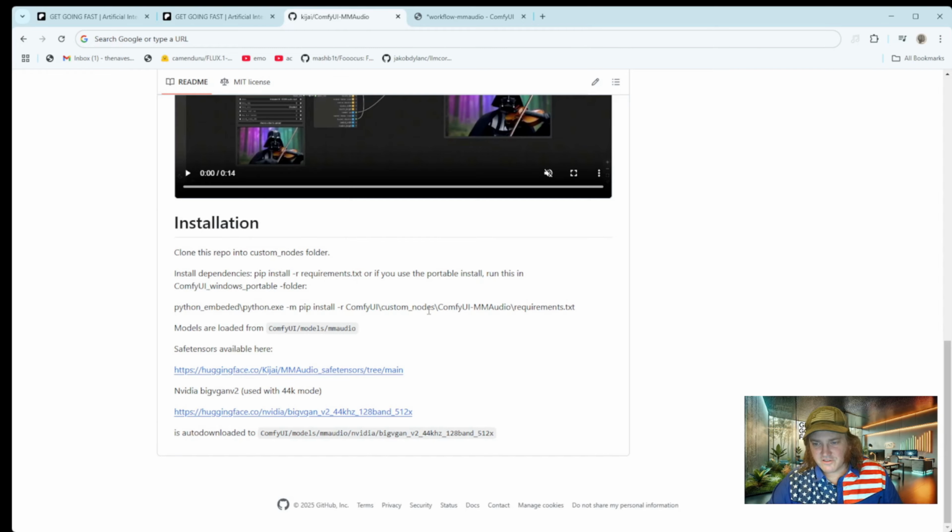So next it's going to say that we need to install the requirements. So you can see install dependencies, pip install -r requirements.txt. Now this is for the manual. So this is what we have to do to